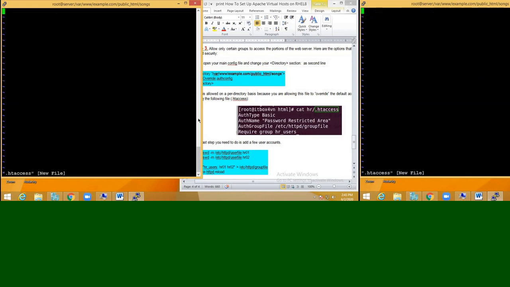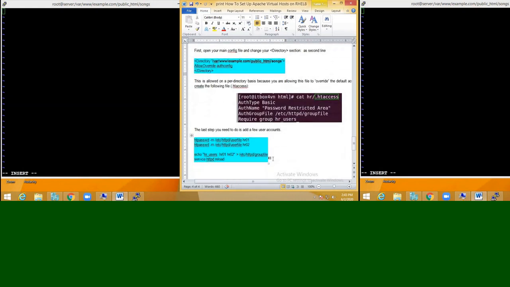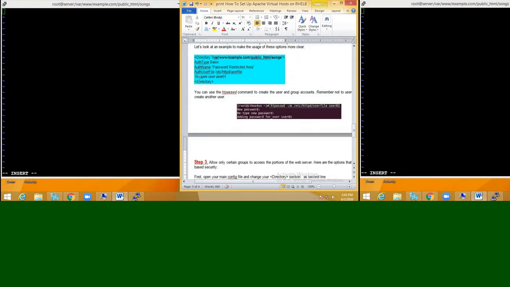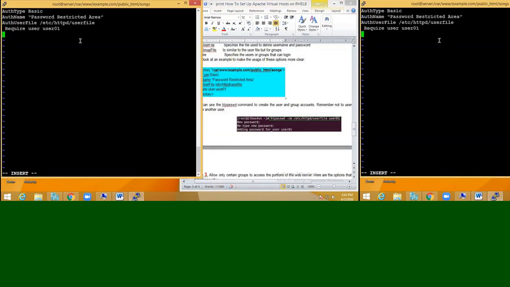Inside this file, press insert on the keyboard, then type the same script that you typed over here, that is AuthType Basic, Require user, let's say copy and paste, where I need to change this double quote.